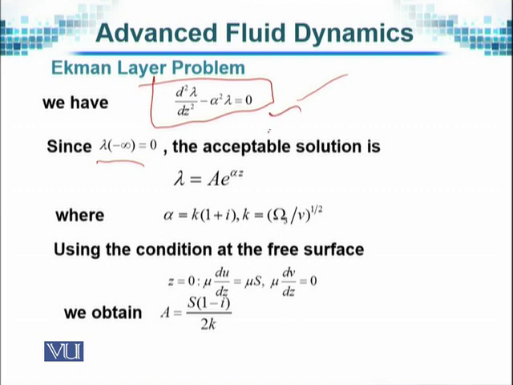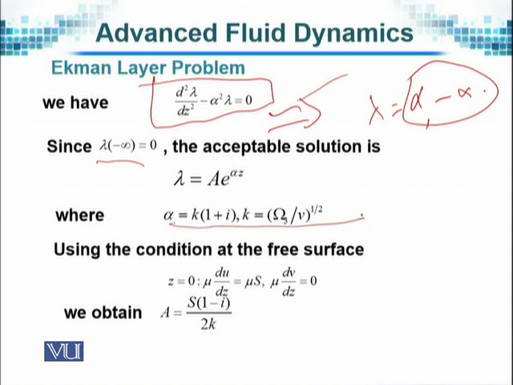As we can see from here, the equation will have the roots alpha and minus alpha. So I write it in the form lambda equal to A into e to the power alpha z, and the sign will take care of itself when we substitute into the equation, and therefore the values of alpha and k can be given as this